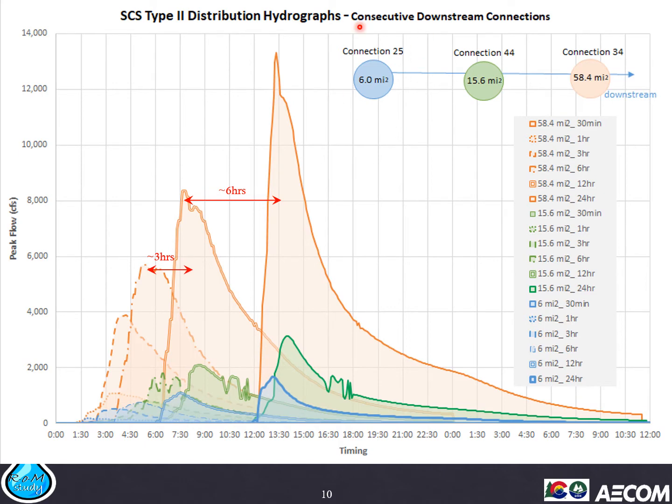Also, I want to point out that as the storm duration increases, the shape does change up into a point, and then the whole shape just gets larger. So if we look at this as an example, you can see how different this shape is here at the lower duration, this one here being the 1 hour. The half hour is barely even on here. It's the small guy here. And then this being the 3 hour, and then the 6 hour. And then the shape starts to maybe be a little bit more consistent going to the 12 and then in particular the 24. So what this is telling us is for a larger drainage area that you'll need a larger